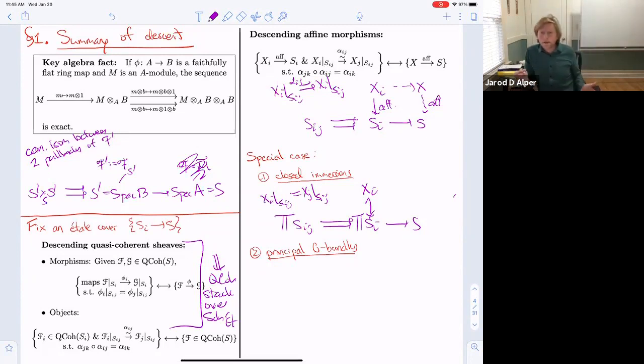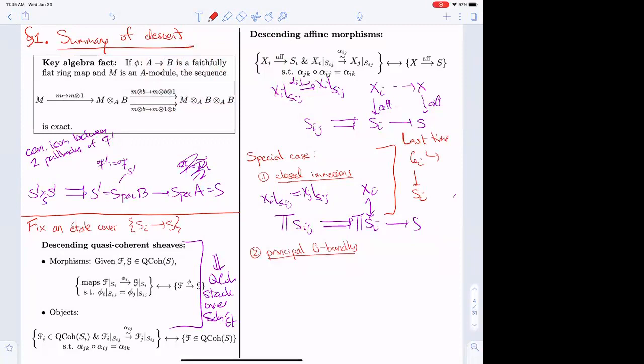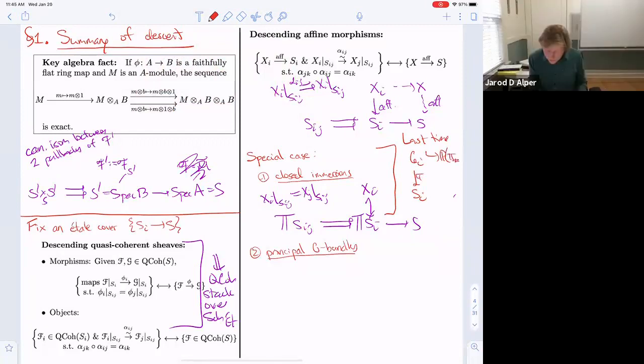So that's the first application, and we can descend closed immersions. Maybe I just want to recall that last time we used this to show that M_g was a stack. If you have, over each S_i, a family of curves C_i, what we showed was that this embeds into the projectivization of the push forward